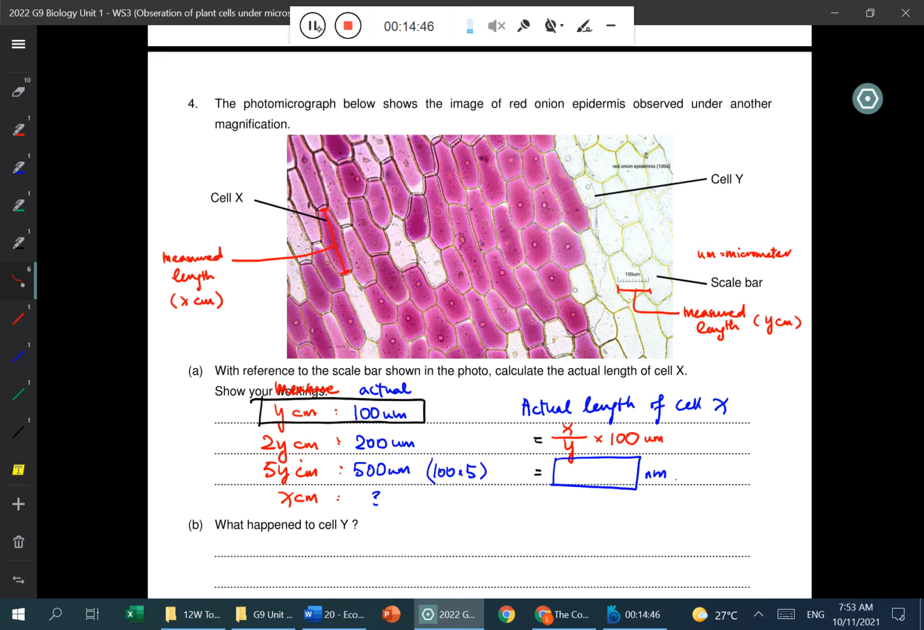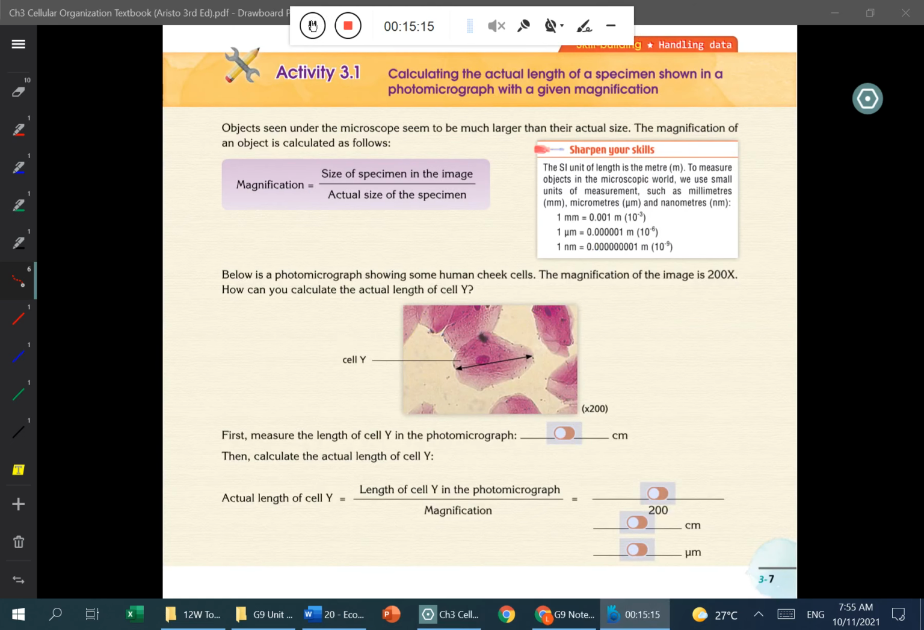So this is one of the ways to find out the actual length of anything that you see under light microscope. But there is another way. Sometimes the picture doesn't show you the scale bar, but only gives you the magnification power. It is actually possible to use this to find out the actual length, and the